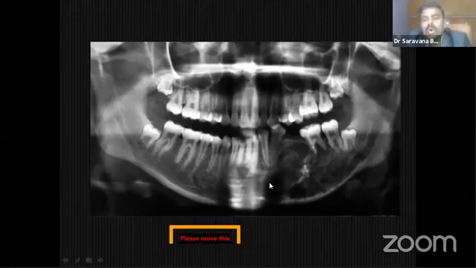Okay, so there are radiographic interpretation rules. If you find any abnormality above the mandibular canal, there is a possibility of some odontogenic disease, for example a radicular cyst, dentoalveolar abscess, or ameloblastoma. If you find any abnormality below the mandibular canal, the possibility is some non-odontogenic disease. Non-odontogenic diseases means lipoma, fibroma, or salivary gland tumor.